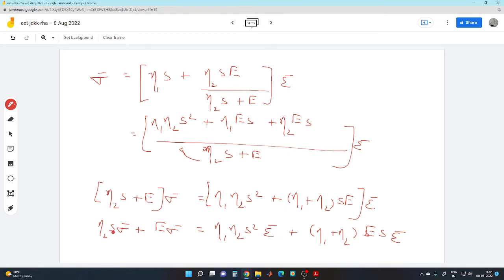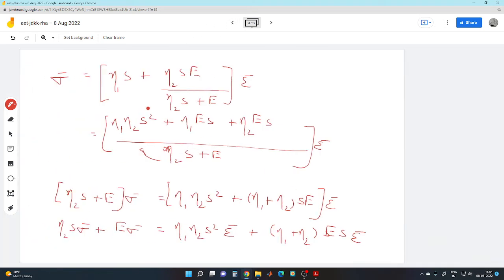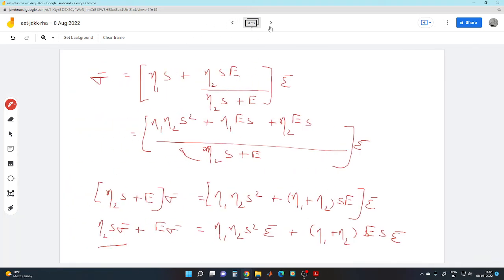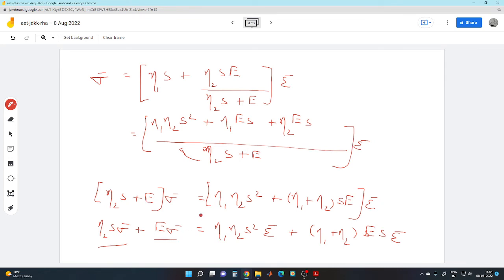So with the differential, we multiplied s, and if we are taking inverse Laplace transform, so for each s there will be one differential added. So here we can write eta 2 sigma dot for this term plus E sigma for this term,